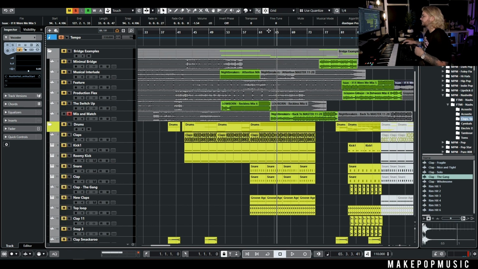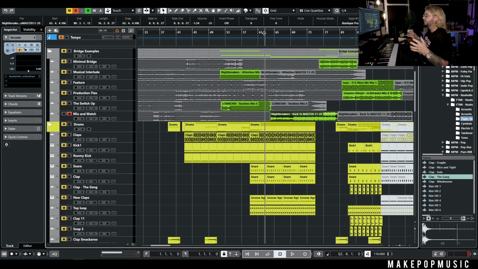Another one is the mix and match, and this is really nice if there's a longer bridge and there's a lot that you want to do. The minimal bridge is cool, but unless you're going to build it up, it can get really old after 8 to 16 bars. But if you're mixing and matching some of the elements like we'll do in this one, it gives you a little bit more flexibility. So you'll hear that we bring it down like a minimal bridge, we start building it up, we do some production flexes in there, we even do a little bit of a switch up for a second, and